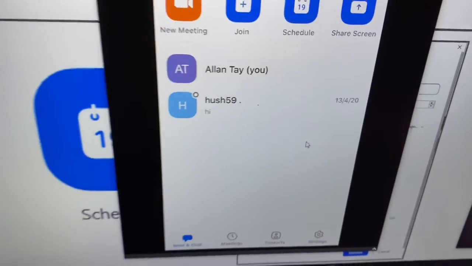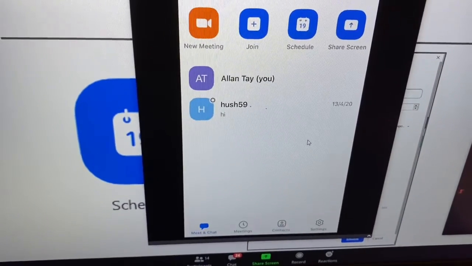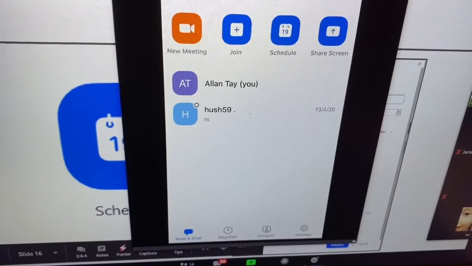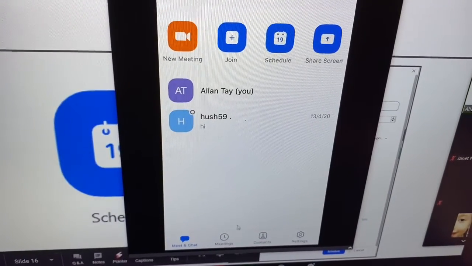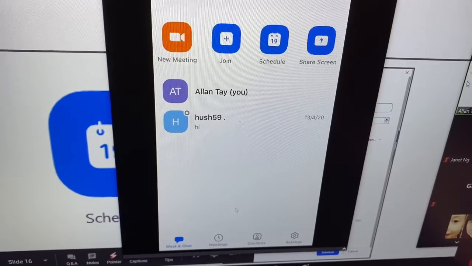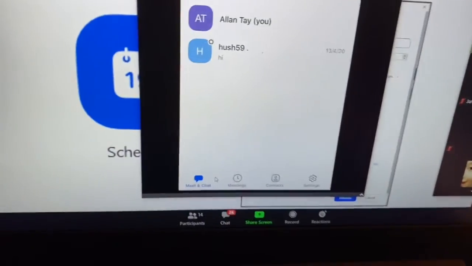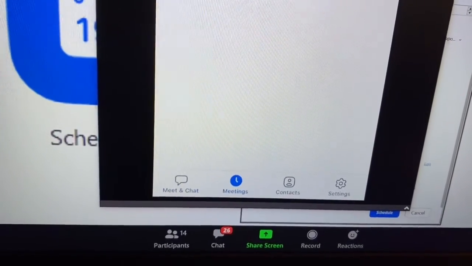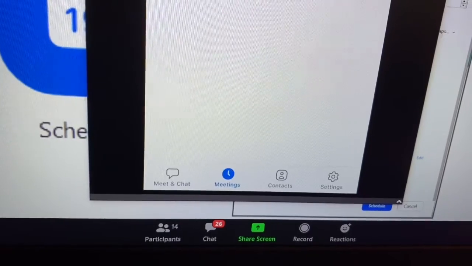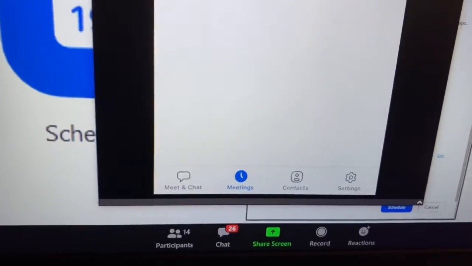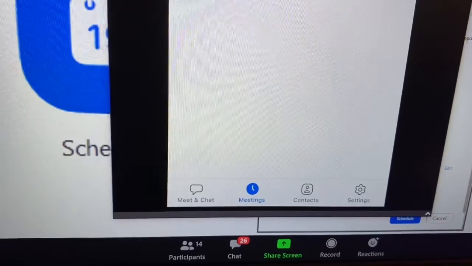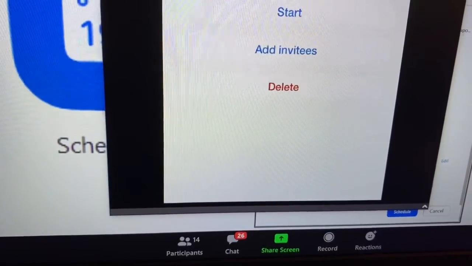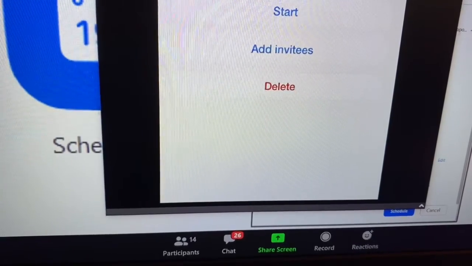I mean, you have the same question, where did the schedule go, correct? It is always back at the meetings. So remember, any schedule that you have done will always be listed in the meetings option. Where the meetings option is for the phone is at the bottom of the phone screen. So you can see Me and Chat. There's the meetings button. Just tap it, and it will take you to the meeting schedule here. See, May 31st, meet PA trainer over here. After that, you just need to tap into that. You can see it lists down all the details of this